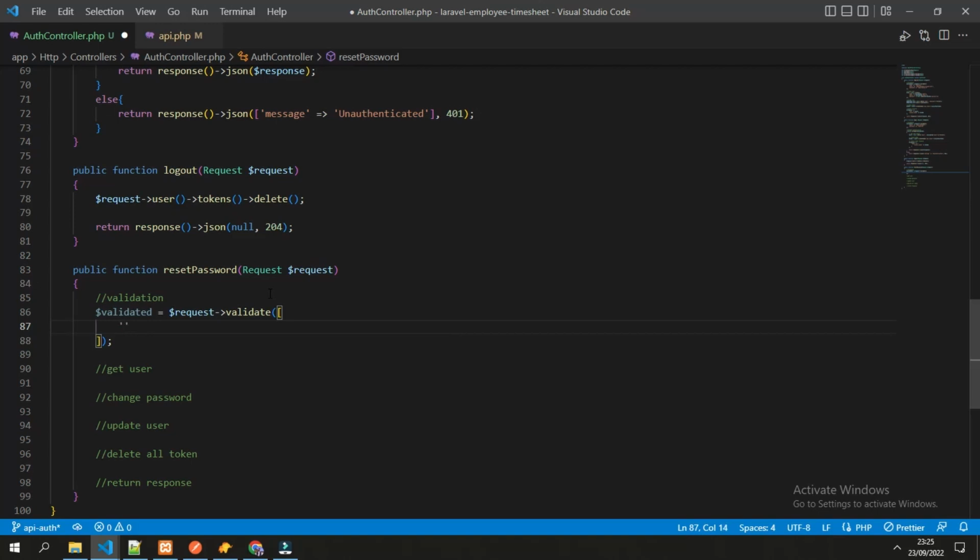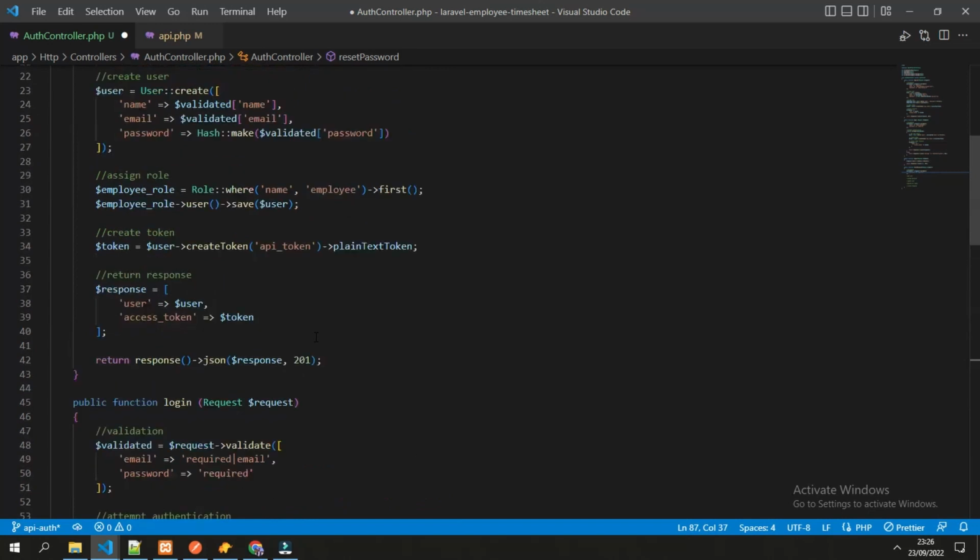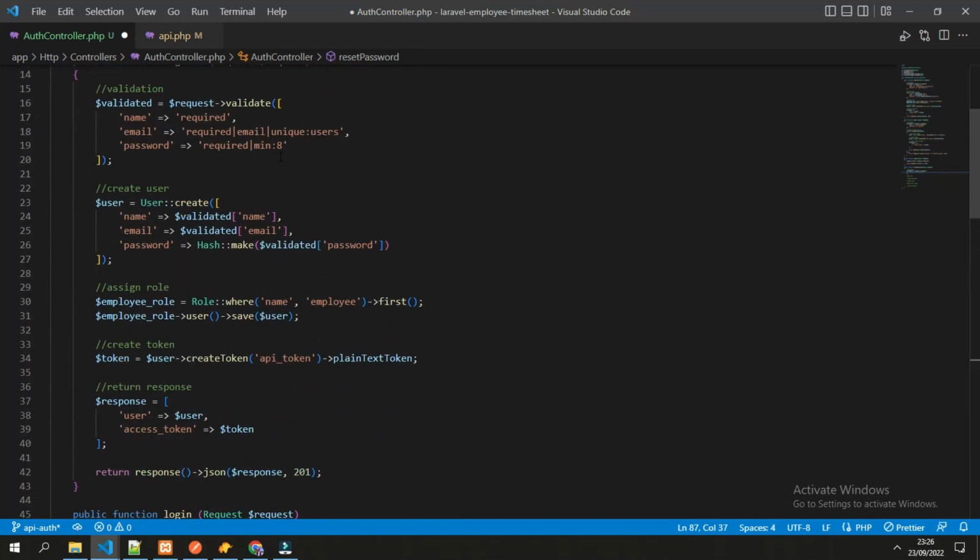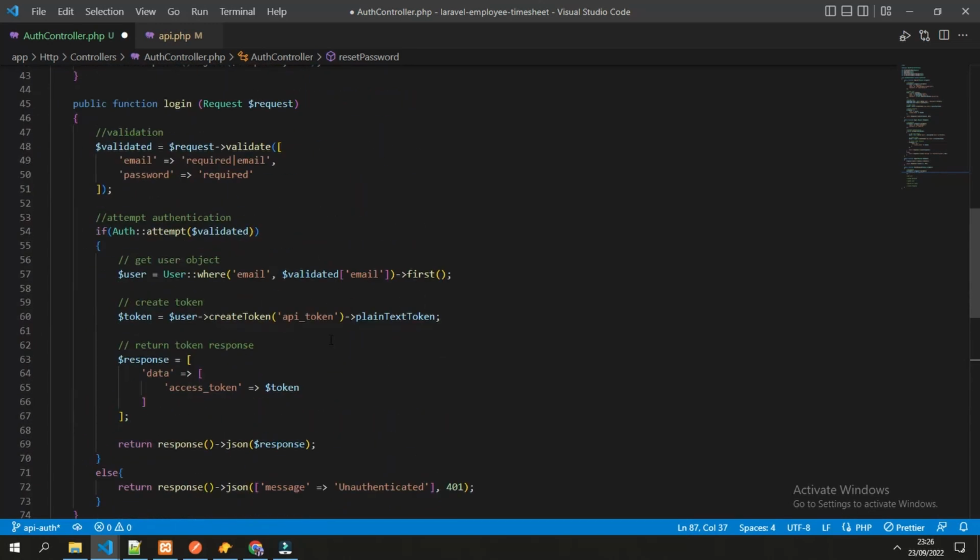So it only expects one parameter, which is the password. And the validation would be it required. Also, it's still the same with the register, which is the minimum length is 8.